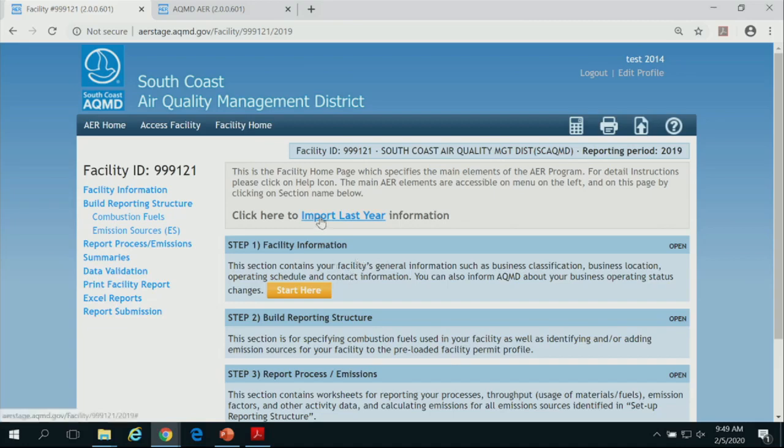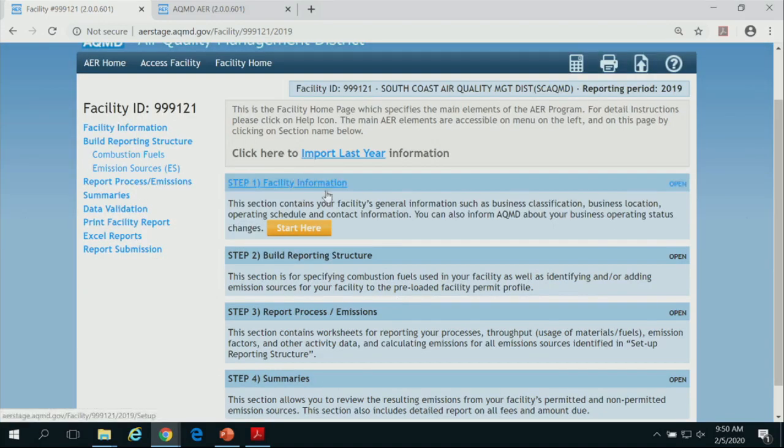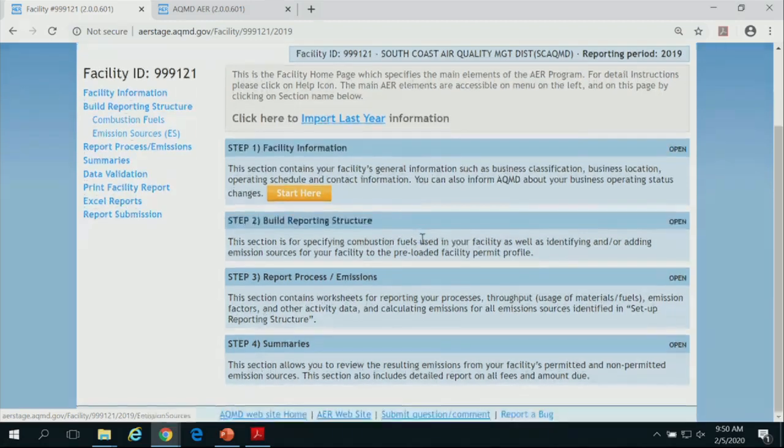I'm not going to show that import because the main thing you need to keep in mind is once you press that, it's going to overwrite whatever you made in this report. It's going to wipe everything out and transfer last year into this year. The time it takes depends on the size, and the tool prompts you to the next page, or you can skip steps by using the shortcut links to the left.